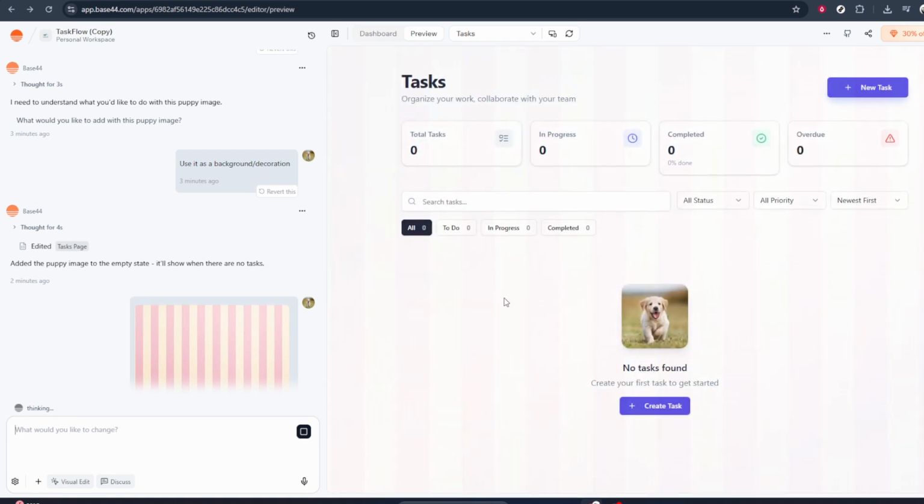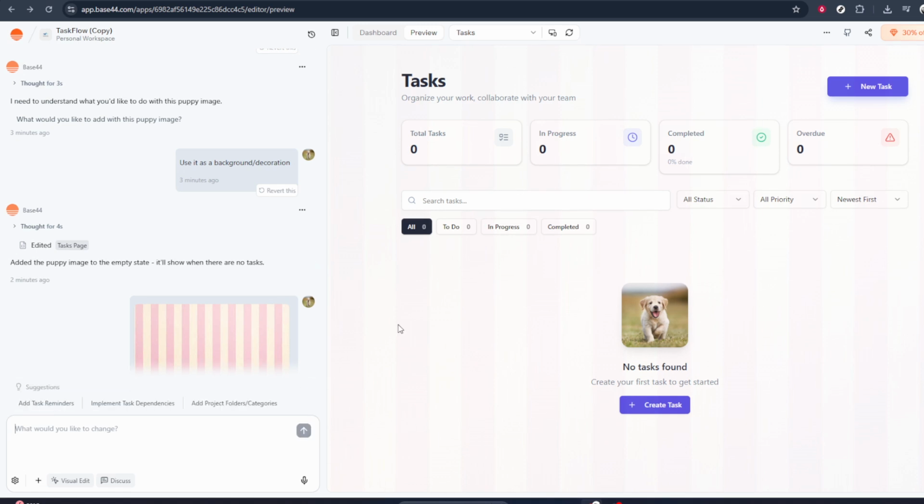Once you've typed in what you would like the image for, you're done with the basic setup. You've opened your project, used the plus sign in the chat,